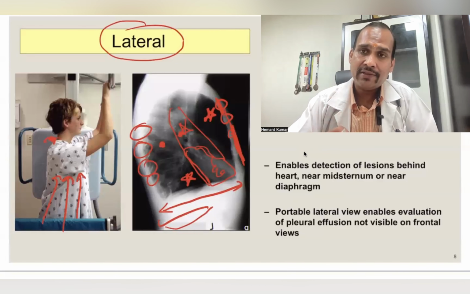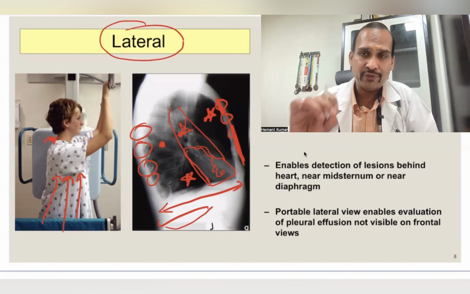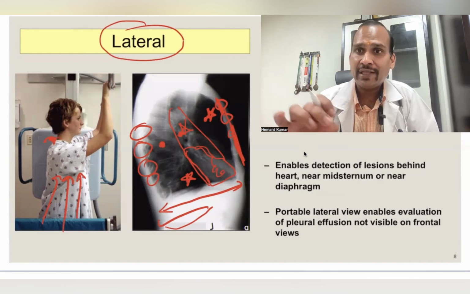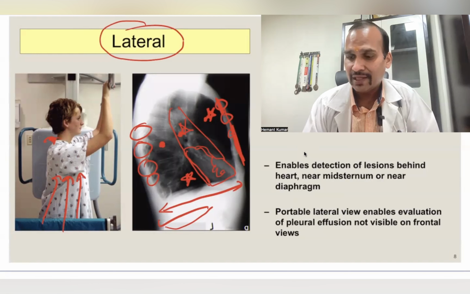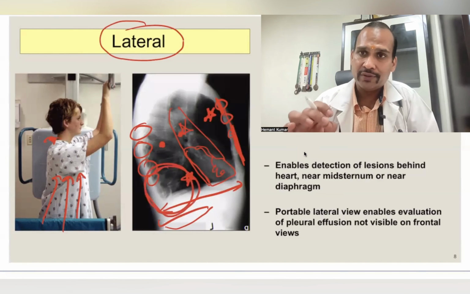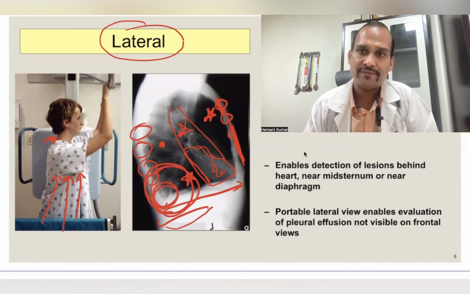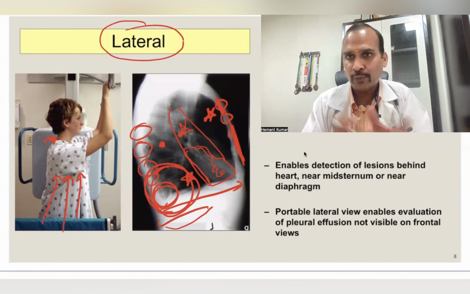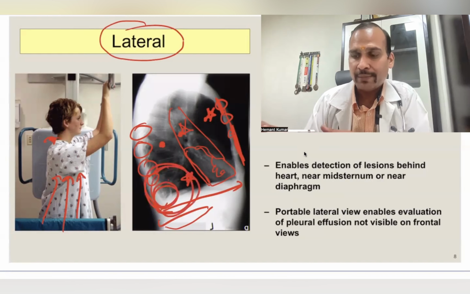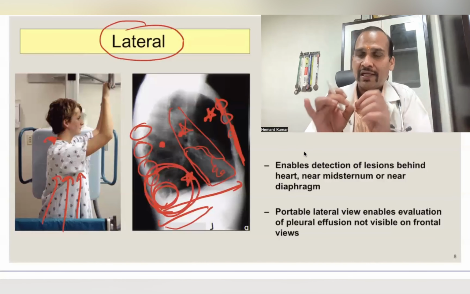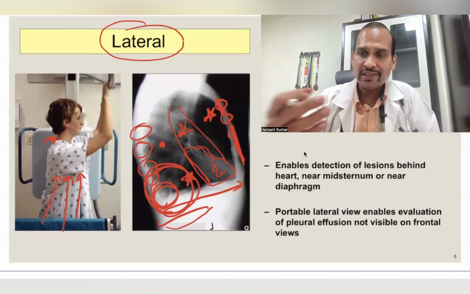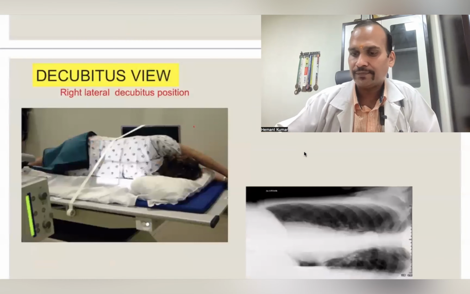Another advantage is that whenever there is minimal pleural effusion, it is difficult to find in PA view. Then we can get a lateral X-ray done. In the lateral X-ray, this angle is the CP angle, costophrenic angle. So whenever there is little fluid, we can find blunting of this angle, the CP angle. If there is large fluid, no problem. PA view is good, but for minimal effusion, lateral X-ray is good. So these are the advantages of lateral X-ray.